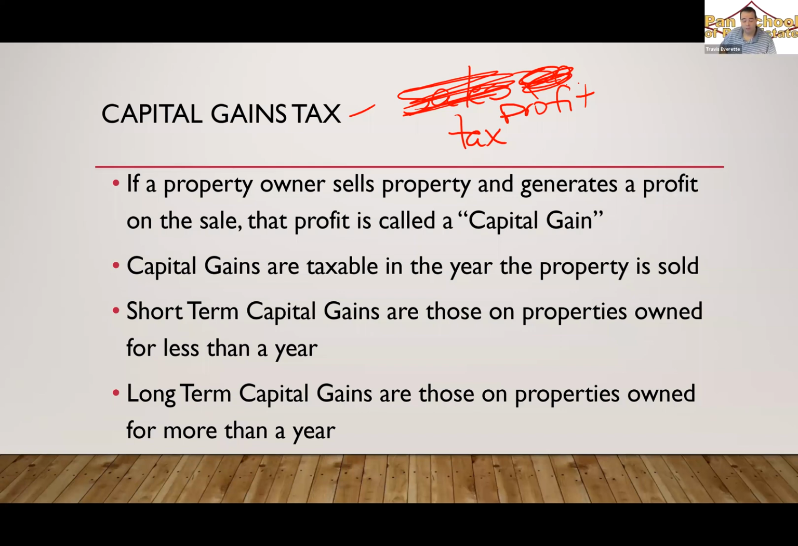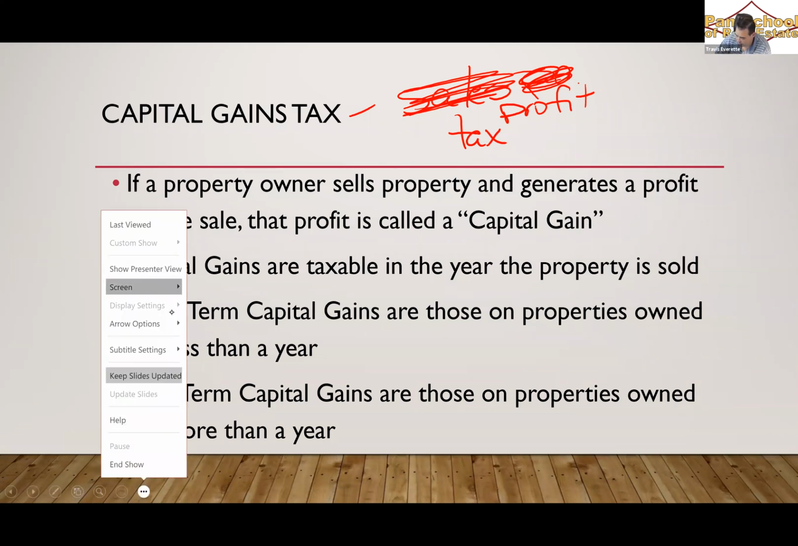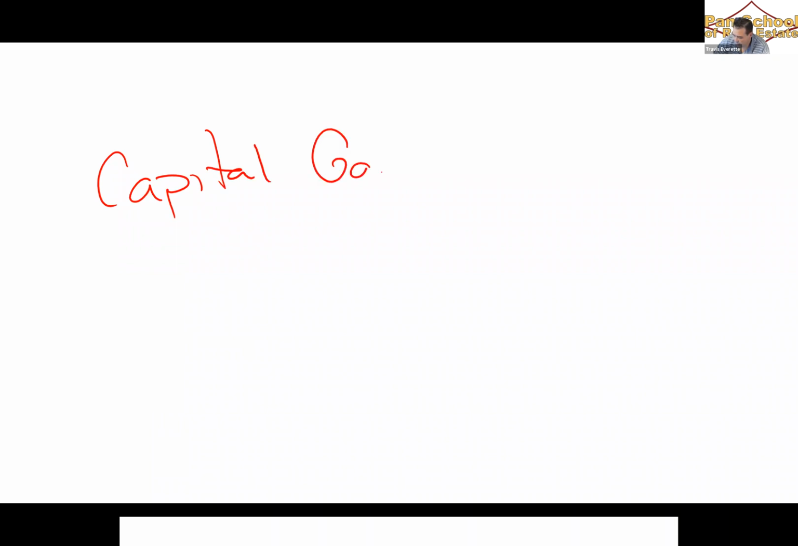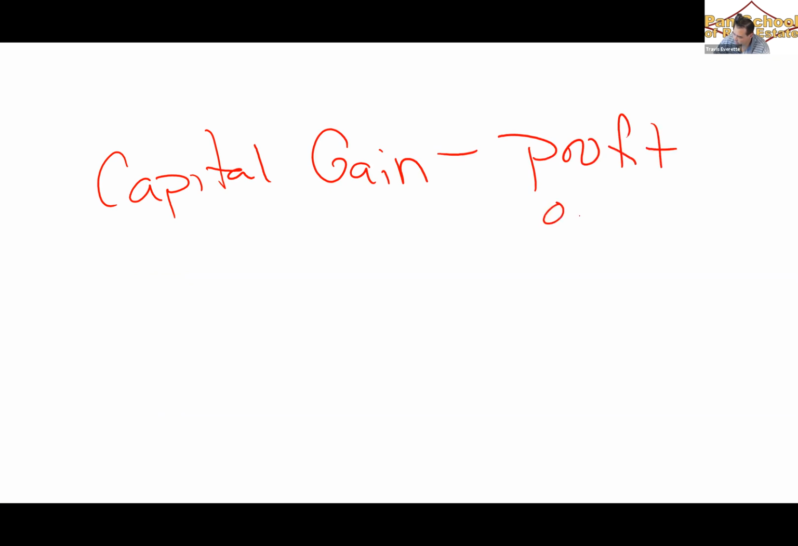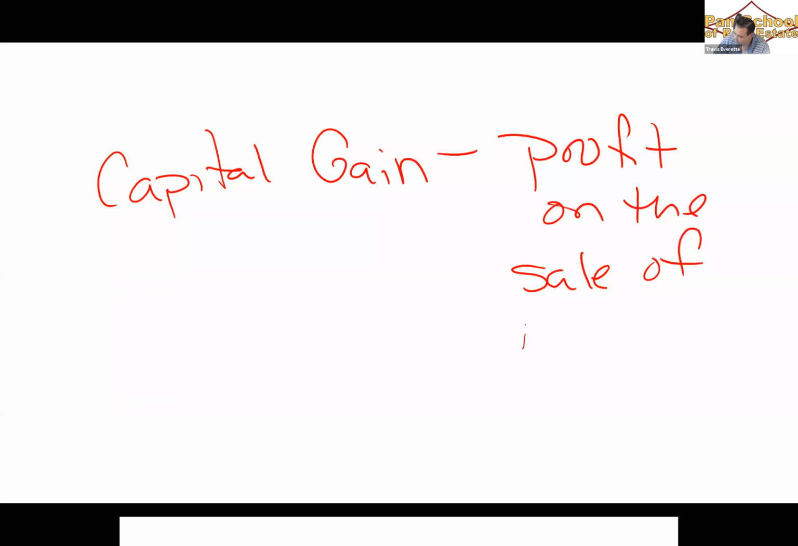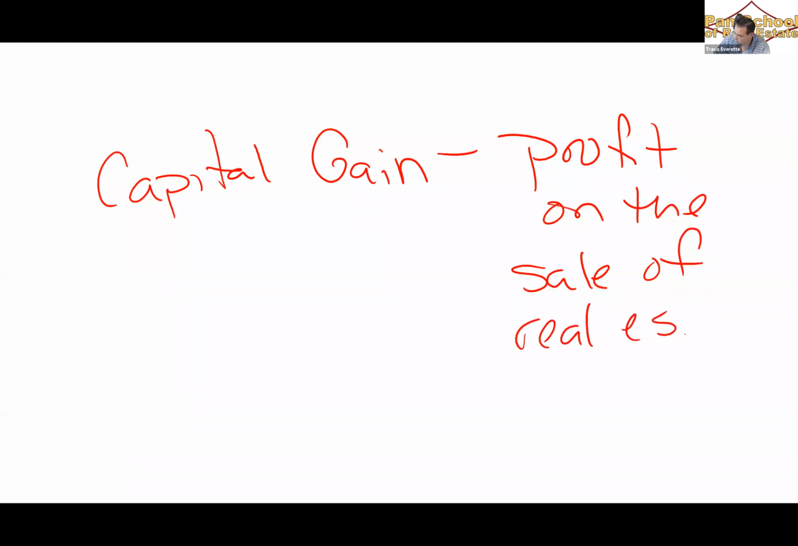So in its simplest terms, I want to simplify this as much as I possibly can. In its simplest terms, a capital gain is just a profit on the sale of real estate. I sold it for more than I paid for it. Simple. Capital gain. Unfortunately,